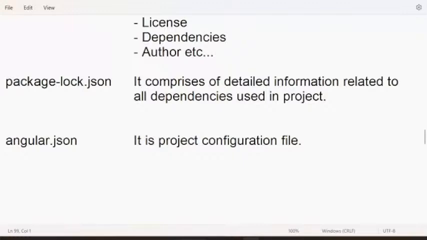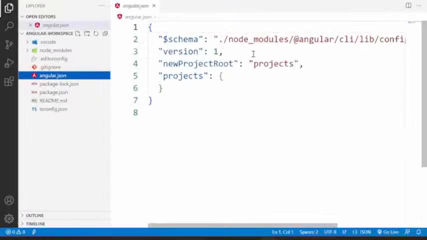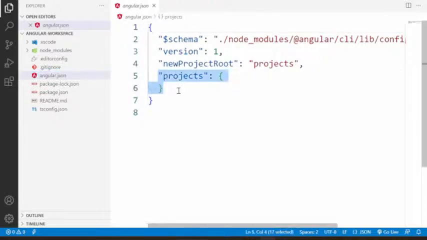Currently we don't have a project. That is the reason it will be a little empty. You can see angular.json is just empty because currently we don't have any projects. Later when you add a project, this will be updated with a lot of details, like from where to pick the CSS for this project, from where to pick the scripts for this project. All such information is present in this angular.json. Currently we don't have any project, so it is empty. Later when you add a project, a lot of details will come here. That means from where this project has to access the CSS files.